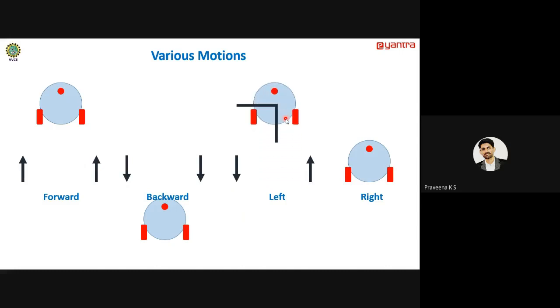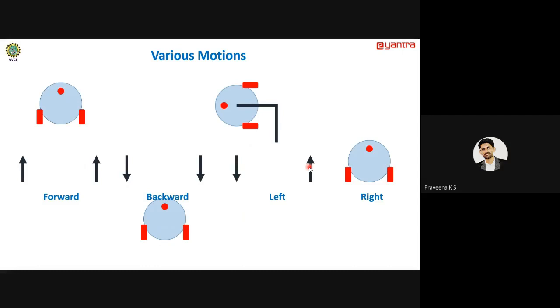Let's see how. Just move. See, it will turn like this. If you observe, from the point where it's standing, it will turn. Right? Then it will move forward. So this is usually called a left turn. It's also called hard left. Why? Because one wheel is moving in the backward direction and one is moving in the forward direction. It's just like a hard left.